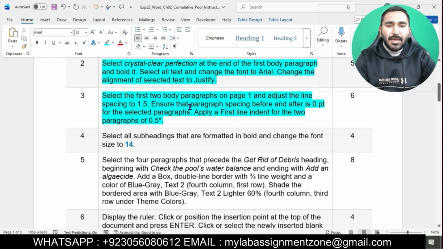Ensure that paragraph spacing before and after is 0 point for the selected paragraph. Apply a first line indent for two paragraphs of 0.5 inches. Okay, the first point of this question is that